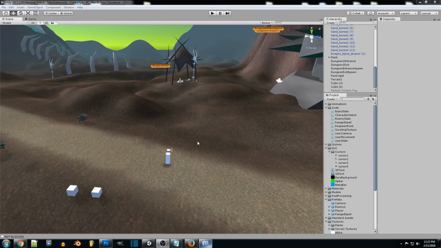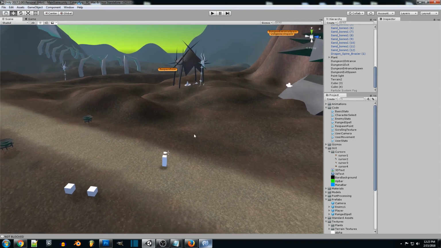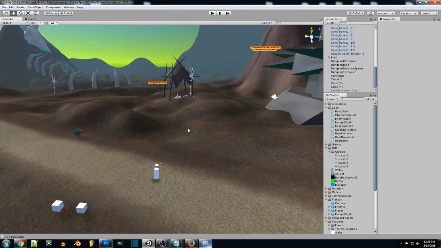So in this tutorial we're going to be taking the enemy that we created in previous tutorials. If you haven't followed the previous tutorials, I'll try linking them down in the description or the comment section below. But this is what we had basically set up from the previous tutorials concerning the enemy spawn and the enemy